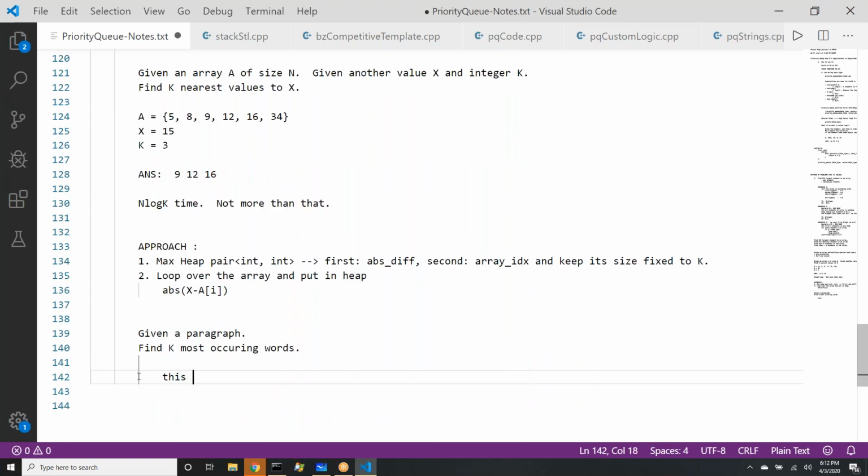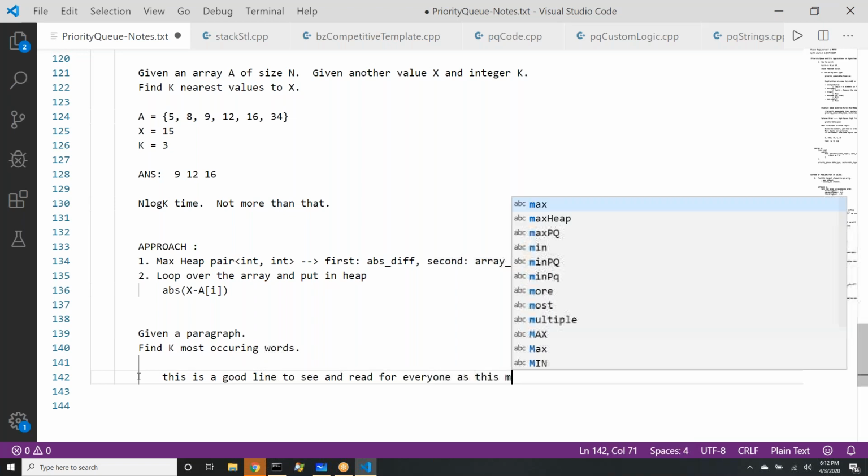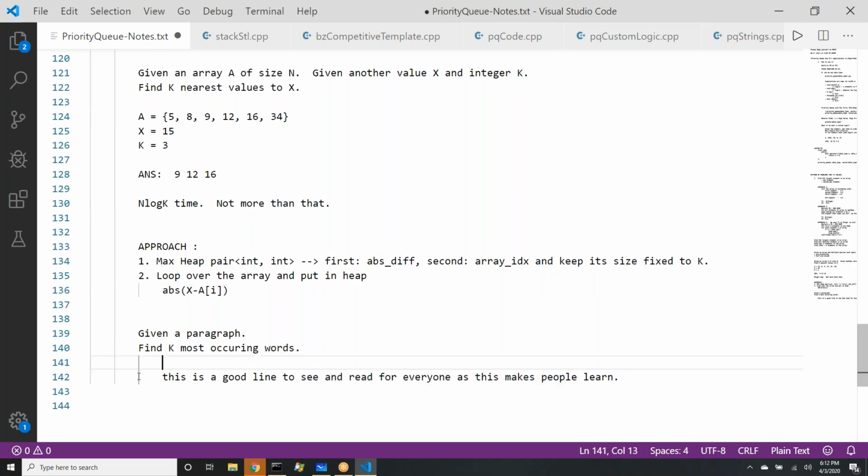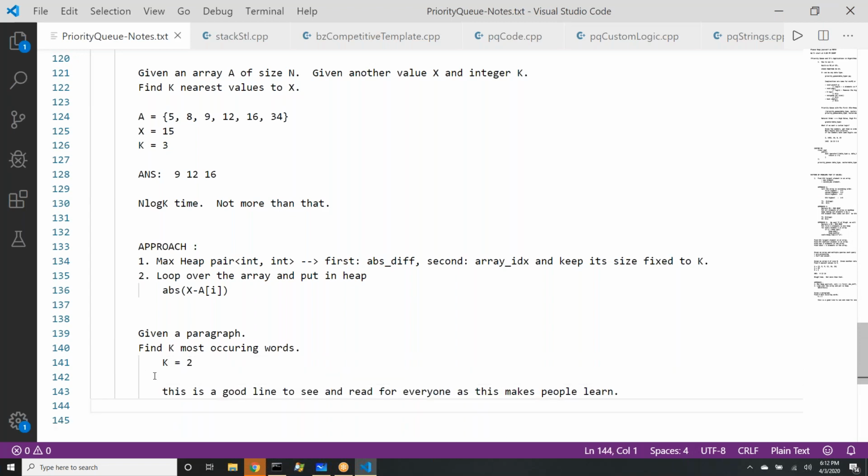This is a problem that is used by crawlers to parse web pages. So this is a good line to read for everyone, as this makes people learn. What is the highest occurring word? If I ask you, give me the two highest occurring words in this sentence. This is occurring 2 times.